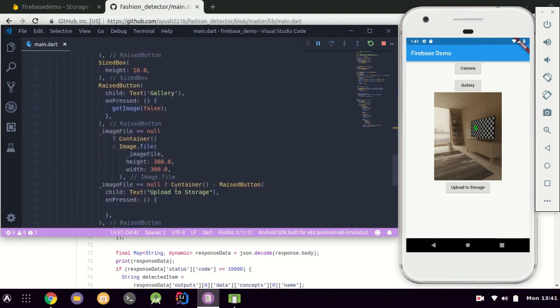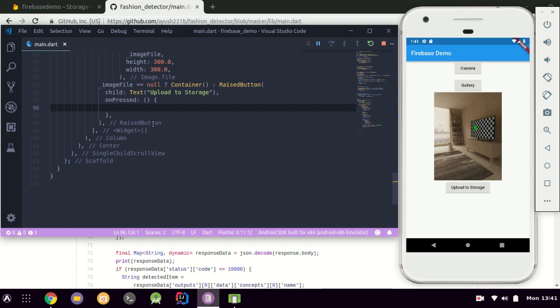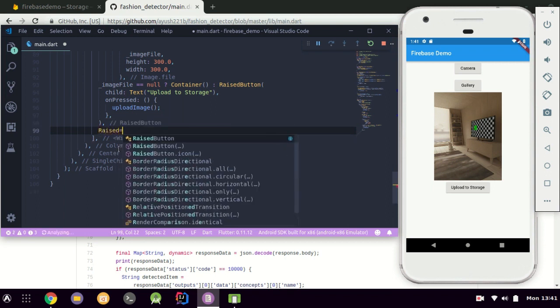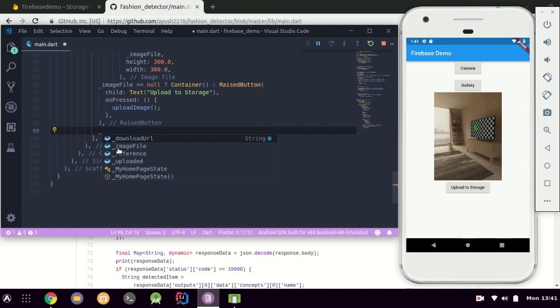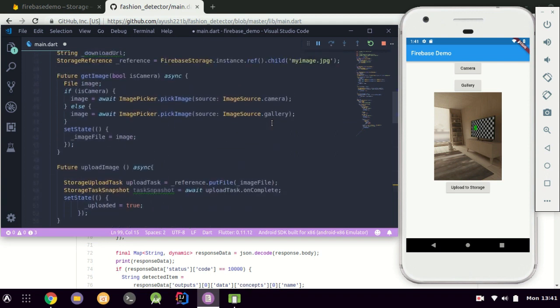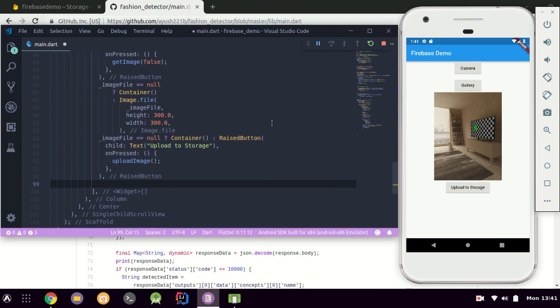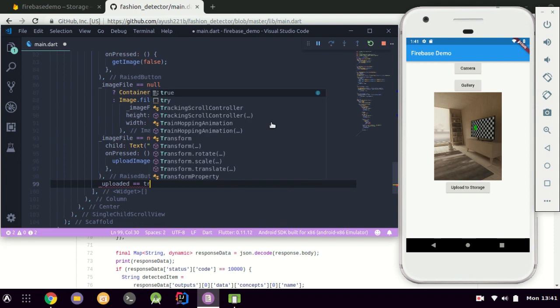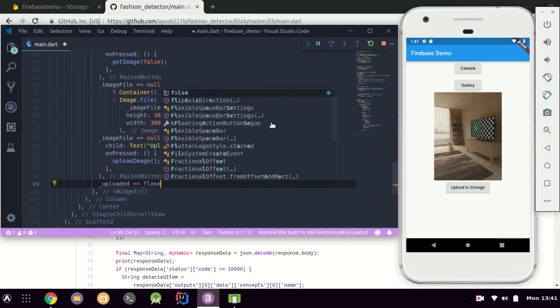Let us see how this works. In the upload method, I want to call the upload image. This does not take any arguments, it will simply call the upload image, and once the upload is complete, what was the variable name for upload? Yeah, uploaded. So when this is false, I want